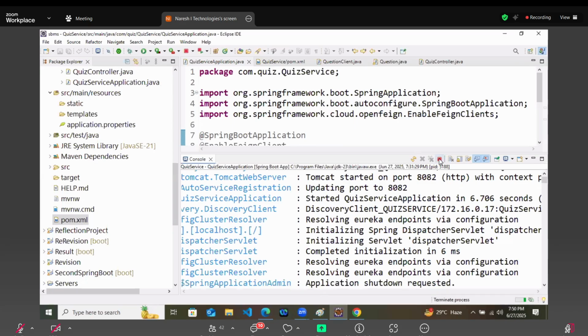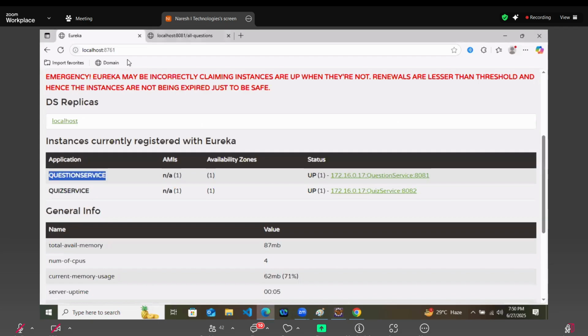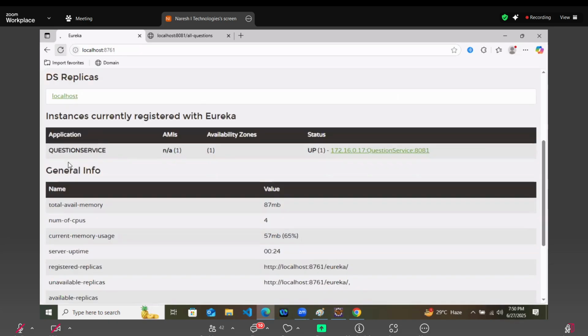So we'll just close it once and then restart. If we have closed the quiz service and if we check our Eureka server now, only question service is running here.